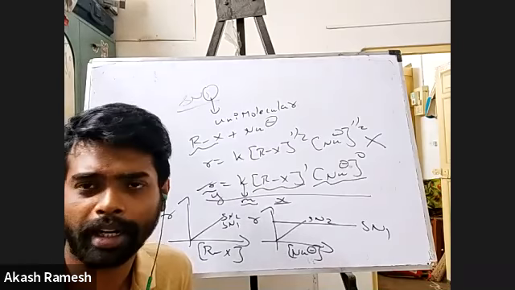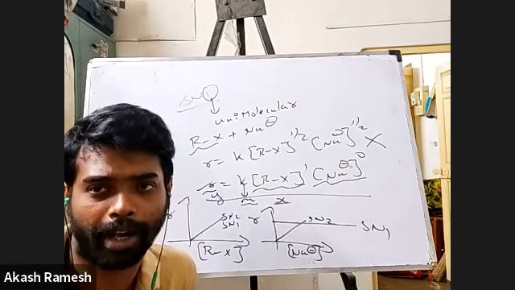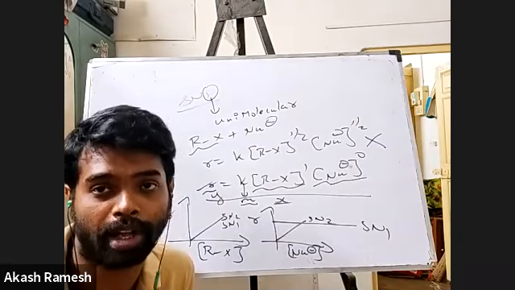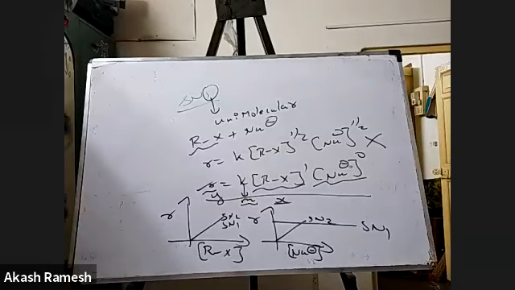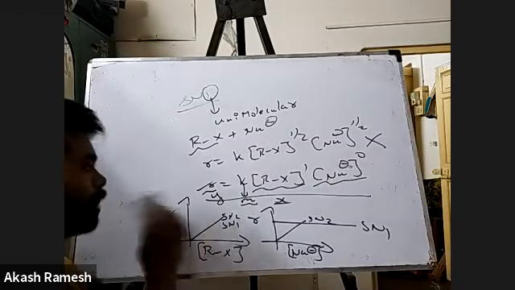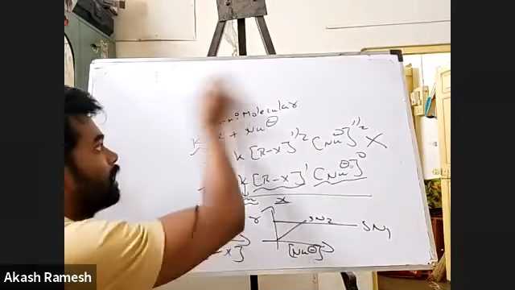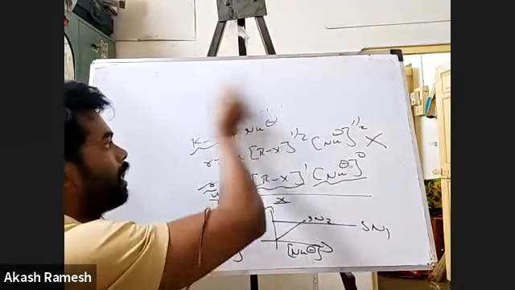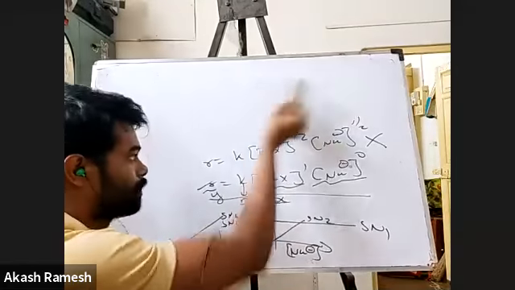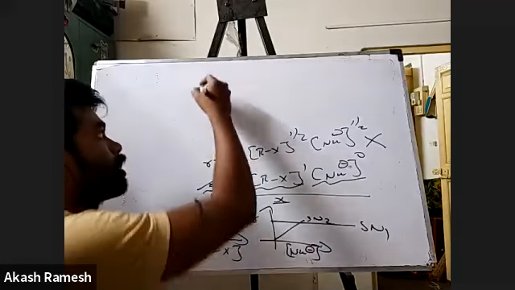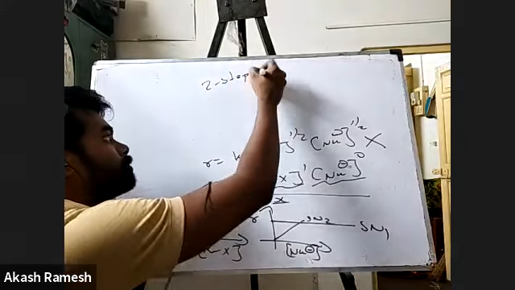Okay, this is all you must have studied, isn't it? You know how the graph looks for a zeroth order reaction. You know how the graph looks for a first order reaction, right? Anyways, cool. So too much about kinetics. So we understood what the rate law is: Rx power 1 and nucleophile power 0. Okay, fine. Now the next thing you have to understand is that it is a two-step process,